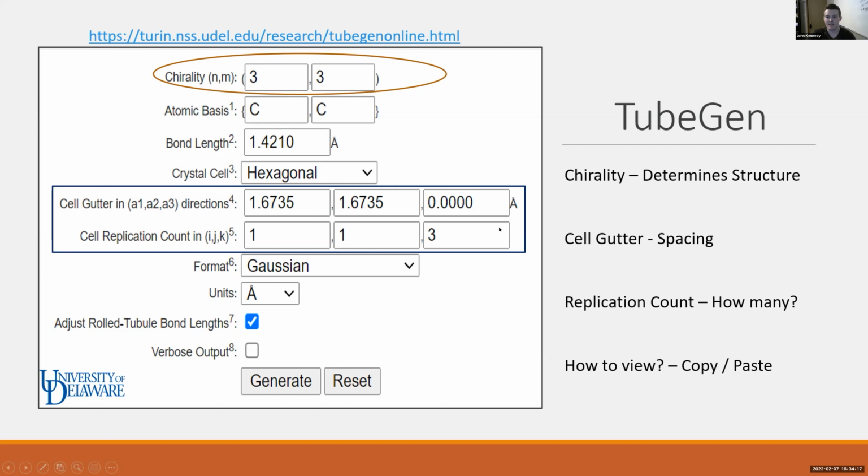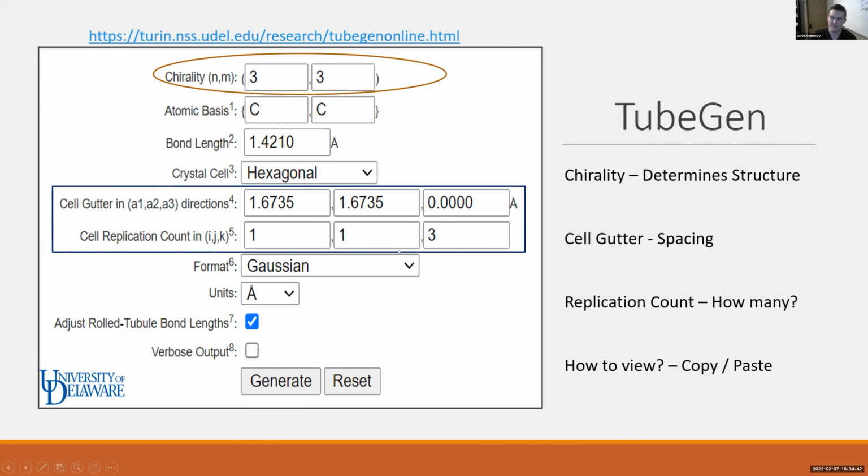The gutter direction is 0 in the A3 direction, or the K axis, and that's because we want there to be no gap, because this is the orientation that our nanotube is going to grow. And then finally, cell replication count. I and J are 1 because we want 1 nanotube, and K is going to be 3 because I want it to be 1 nanotube of length 3.